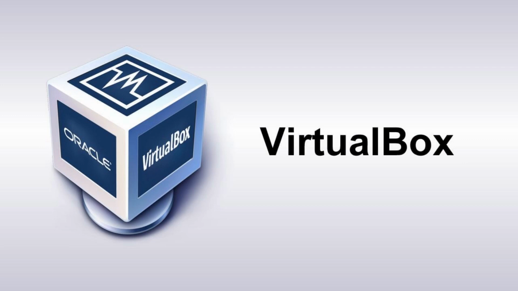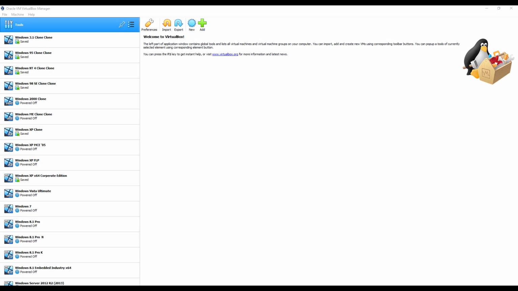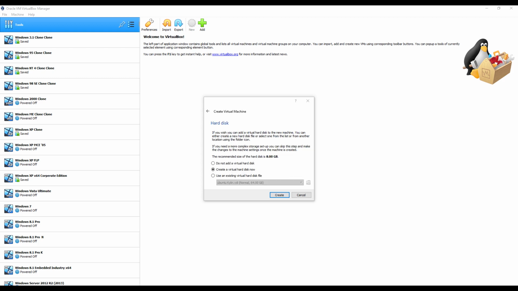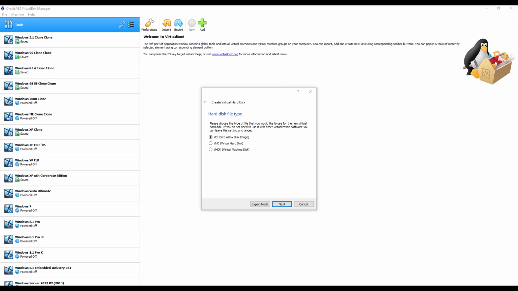So, assuming you are prepared for this tutorial, you will need to open VirtualBox, or the appropriate virtualization software installed on your PC. Next, create a new virtual machine, and call it Tails. After that, click on Next, and give it the appropriate amount of RAM. I recommend at least 1 to 2 GB worth of RAM. Click on Next, and you will be brought to the screen, where you are asked to create a virtual disk